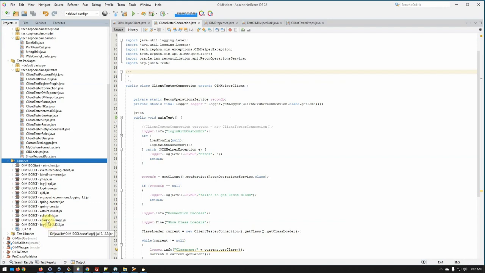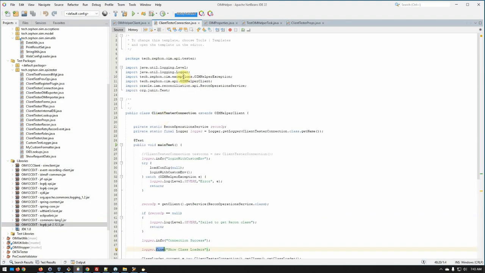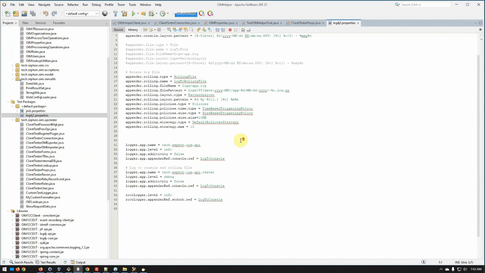And the other part of this is the logging. I like to use log4j when I'm testing and debugging. OIM doesn't really use that. It uses JUL. So this is the log4j to JUL bridge. When you run one of these tests, it's going to set up some JVM arguments to put this as the log manager for JUL. So essentially you can use JUL logging and still have control over it via the log4j properties here,